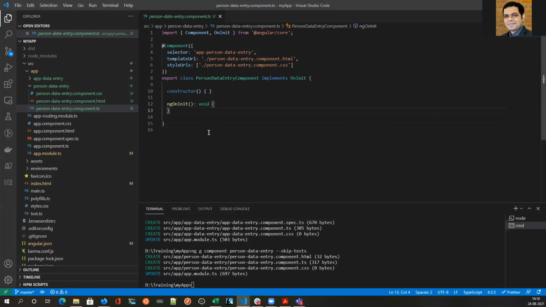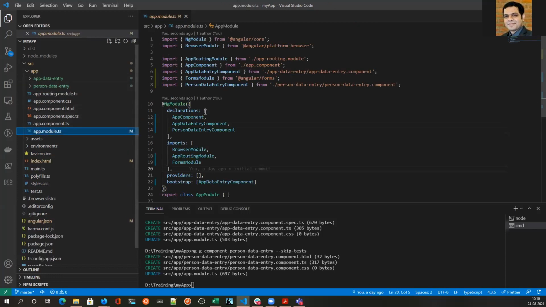Okay, so that is how you create your basic component. Now, as I showed, when you create a component, you need to add that in a module. Just creating a component does not make anything work in the Angular application. It needs to go in the declaration part of this ng module. So we have added that over here.